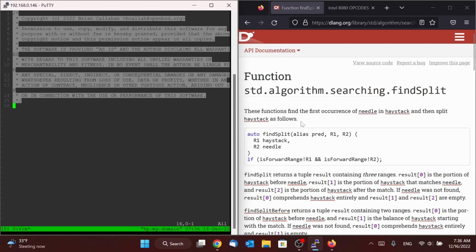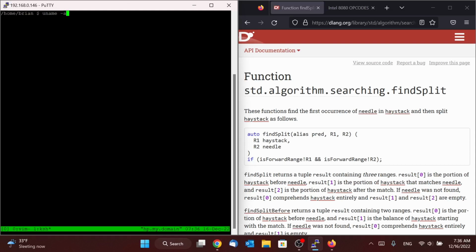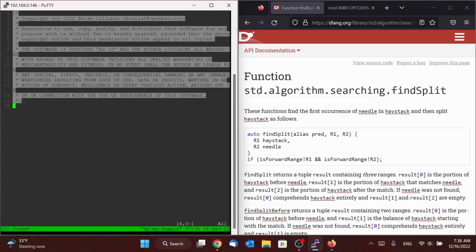So I have a couple of screens up here. I'll have them up throughout the workshop. On my left here, I have my terminal, and just to say hello and show you what platform I'm on. One of the nice things about D is that it's very, very cross-platform. So I'm on OpenBSD. You can be on anything, Windows, Mac, Linux, another BSD. This code here will work on any platform. And on my right here, I have up a Firefox window, and whatever interesting thing that we're working on at the moment, I will have up here so that we can talk about it as well.